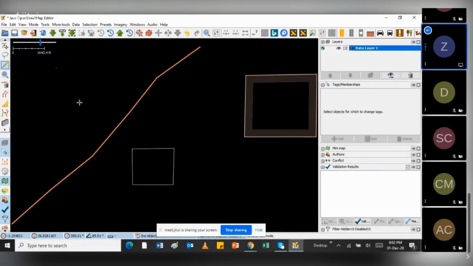But there are also shortcuts. If you look at it, you can see there are shortcuts. If you want to select the drawing node, on the keyboard you just click on A, and you get the drawing node.